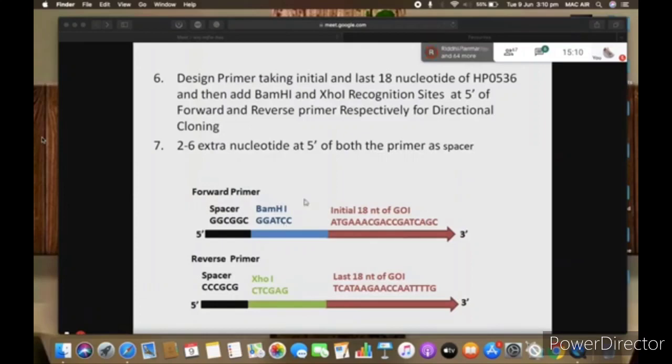Again you have to check the orientation of the promoter and where the restriction site you are selecting is. Based on that, you select the reverse and forward primer. So this is the restriction site and this is a spacer sequence, the seating sequence or spacer sequence.